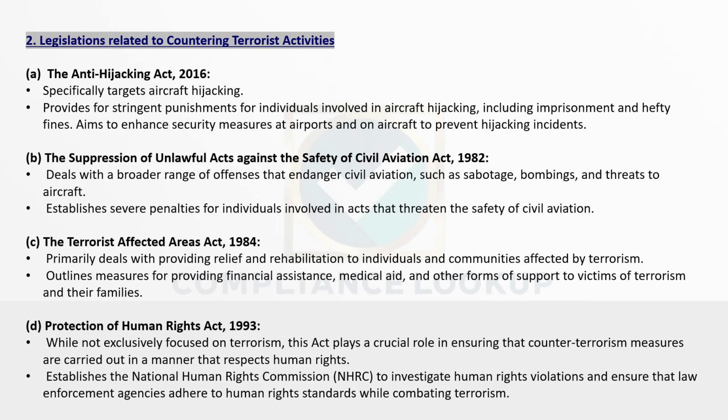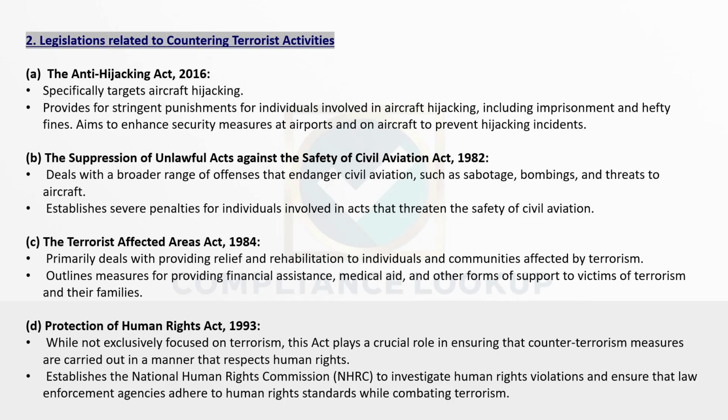3. The Terrorist Affected Heirs Act 1984. This act is designed to provide relief and rehabilitation for people who have been directly impacted by terrorism. Its key provisions are: first, provides financial aid, medical help, and rehabilitation to the victims and their families who suffered